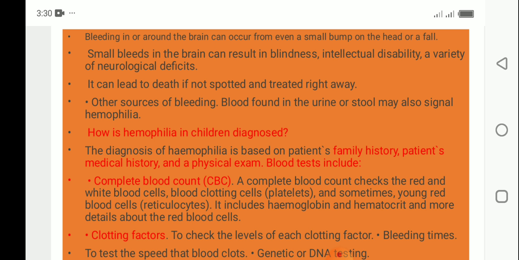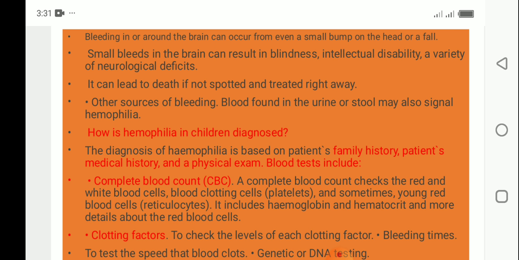Coming to the family history, usually they will have the genetic cause, and in rarely one third of cases only they have non-genetic causes. For the medical history, you have to collect whether he had bleeding previously, how many times they are having bleeds, how long it bleeds, how much it bleeds, whether any treatment was taken for the previous bleeds, etc. Coming to the physical examination, you have to observe any bruises, any skin lesions, any injuries, any bleeding, bleeding in the muscles, or any contusions.